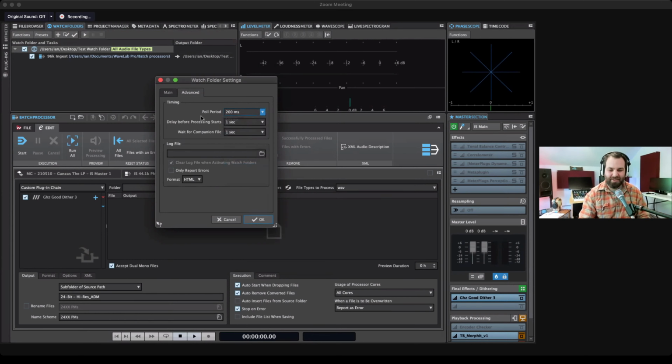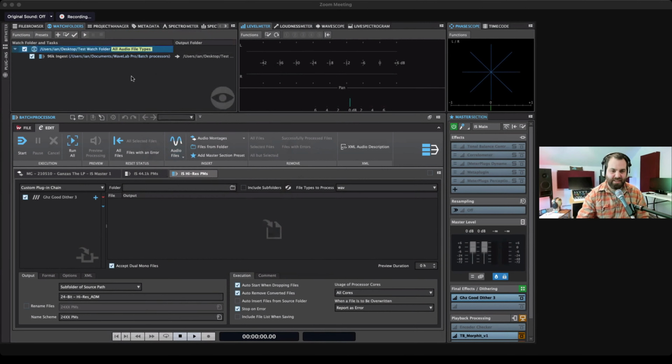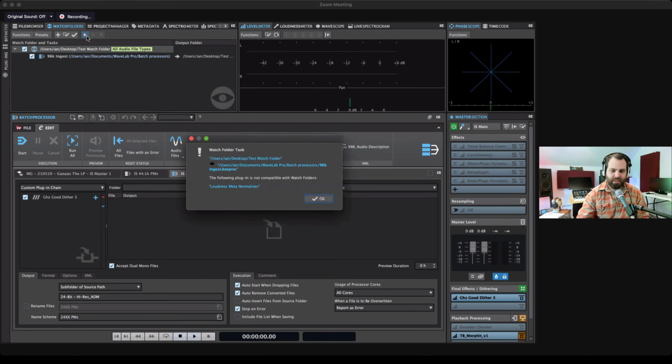This is a potentially dumb question, but do we know if WaveLab has to stay open or can it do it on its own? That's an excellent question. There are two ways to handle that actually. So I'm just going to leave this as it is. There's a little verify configuration, but when you hit run, you get another